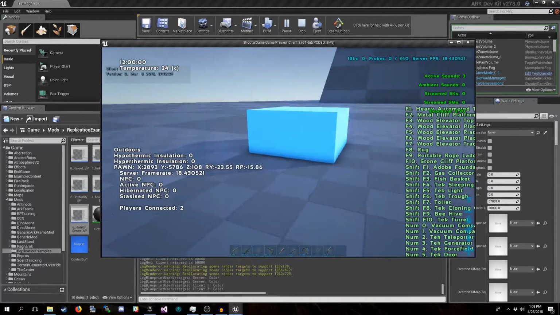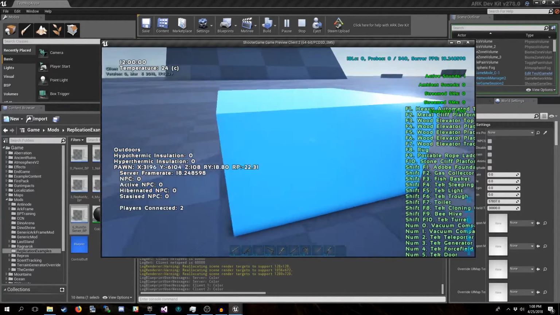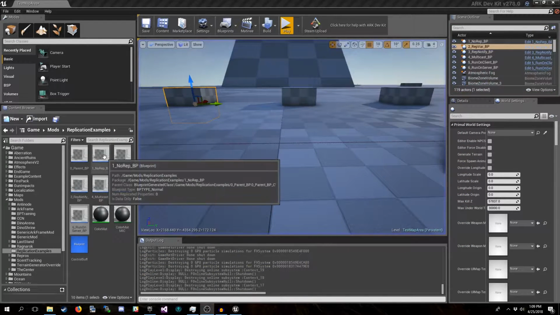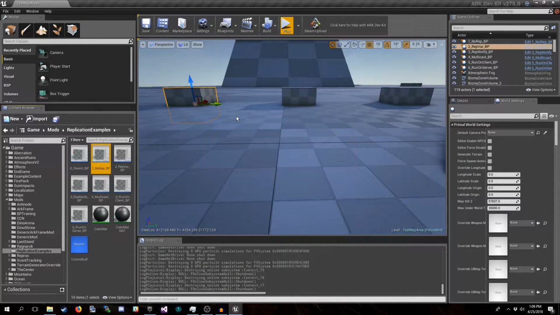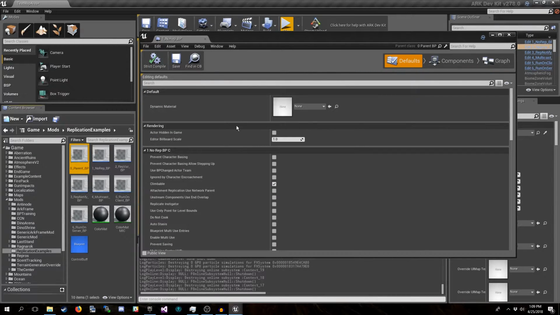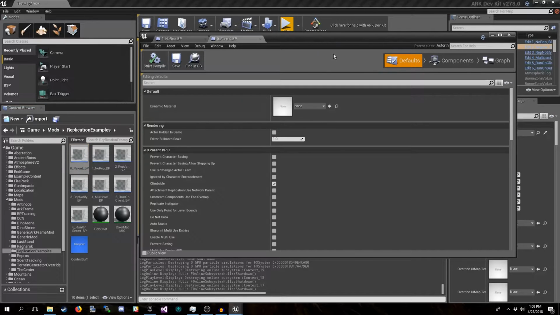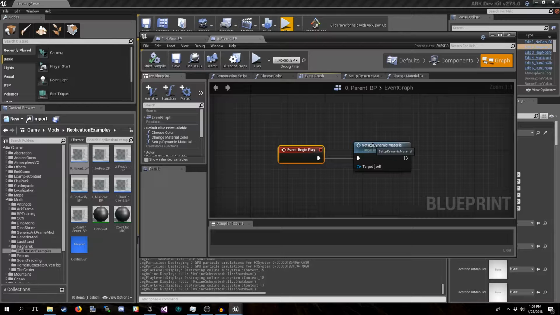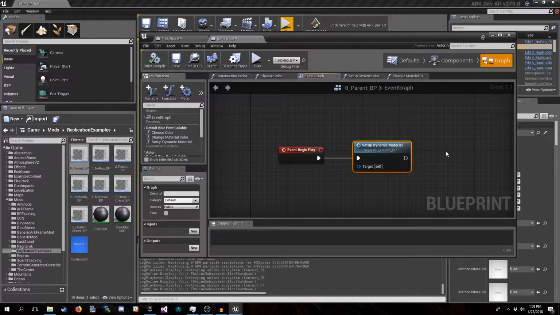So here's our non-replicated instance, okay? Let's go ahead and open up that blueprint. One thing I forgot to mention, in the parent BP, I actually have a bit of code running in the event graph. On begin play, it does the setup dynamic material.